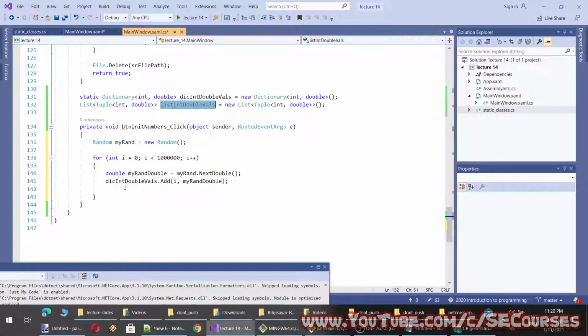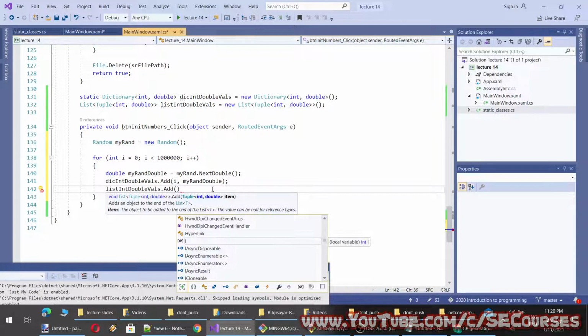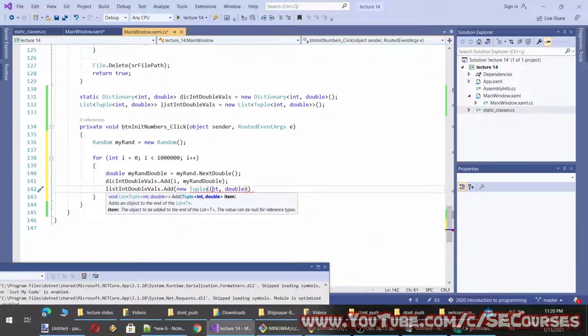I will add the same to the list, but list can hold the same key. Actually, list doesn't have a key, so I will keep it as a new tuple. So it will be i and my random double. Okay, this will be the initialization case.